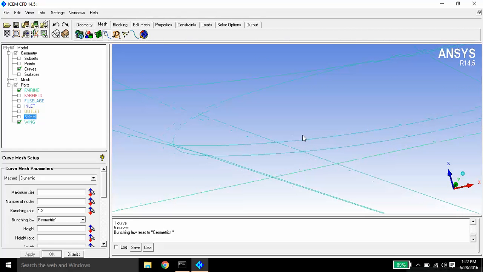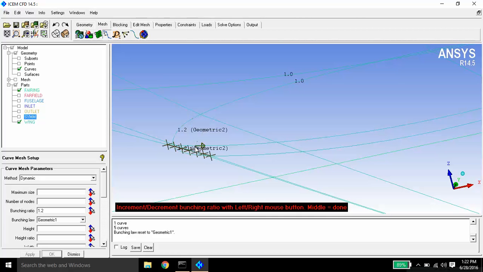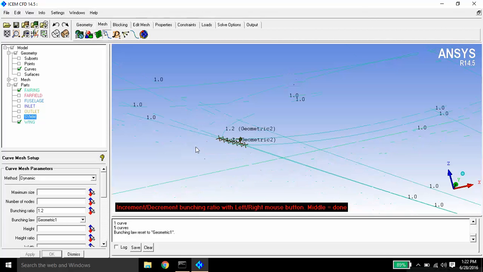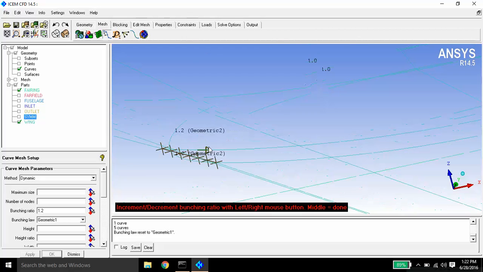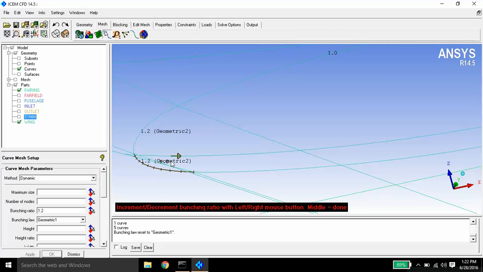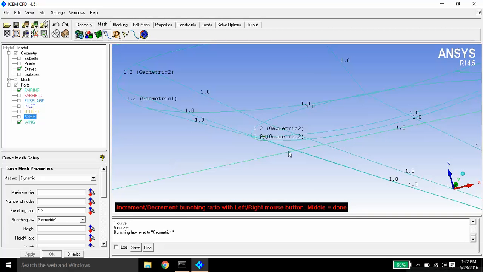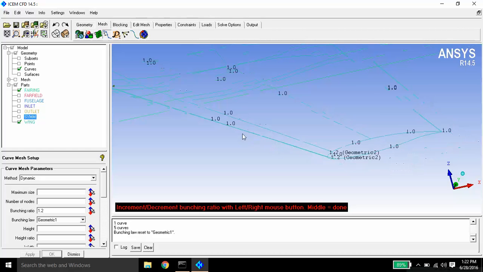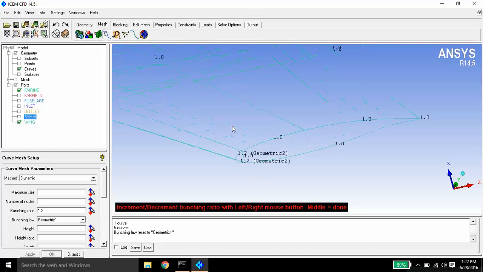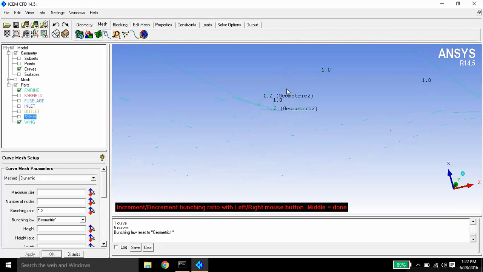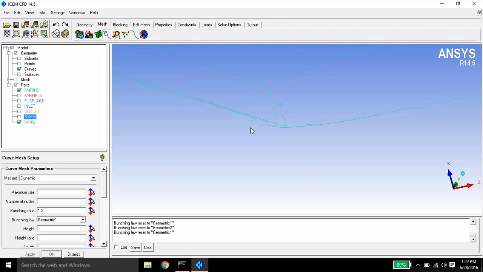Similarly check here also, here it is proper, here also it is proper. Here it's not proper, so change it to geometric one, then give 1.2 of growth ratio. Press middle button. Done.